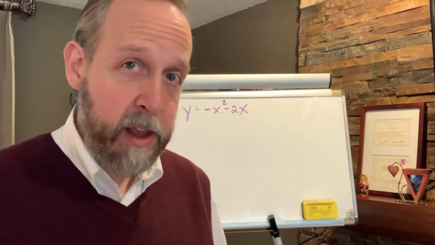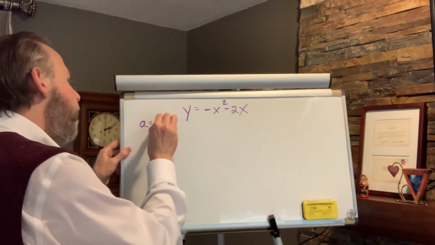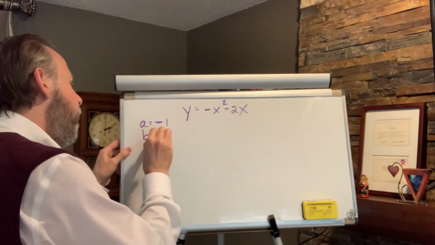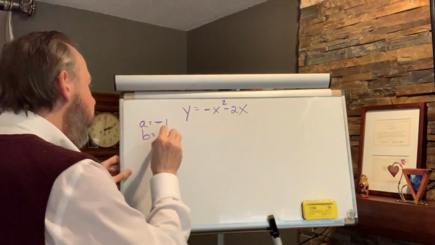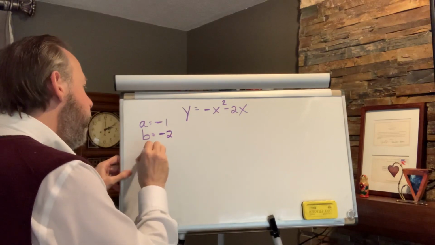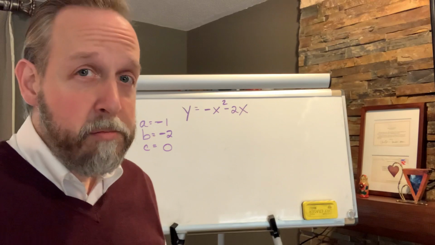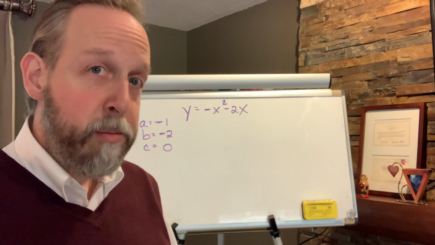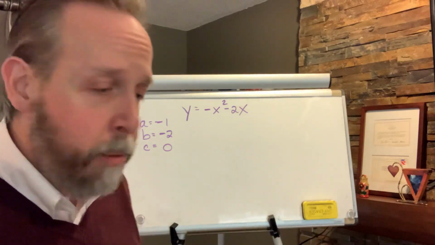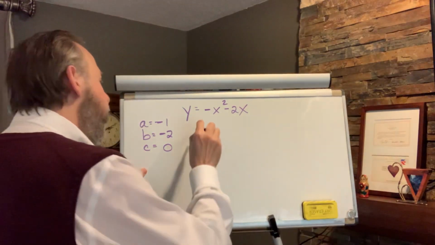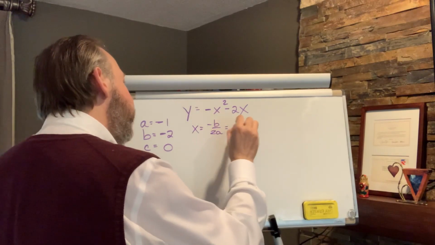Well, I have an A. What's my A? -1. I have a B, because there is an X term this time. My B is -2. This time my C is 0. There's no constant, which is fine. We'll see later on what those numbers actually do to the equation, but it's okay if there's no C, it's just the number 0. Because I'm still going to do the same thing, x equals -b over 2a, that's